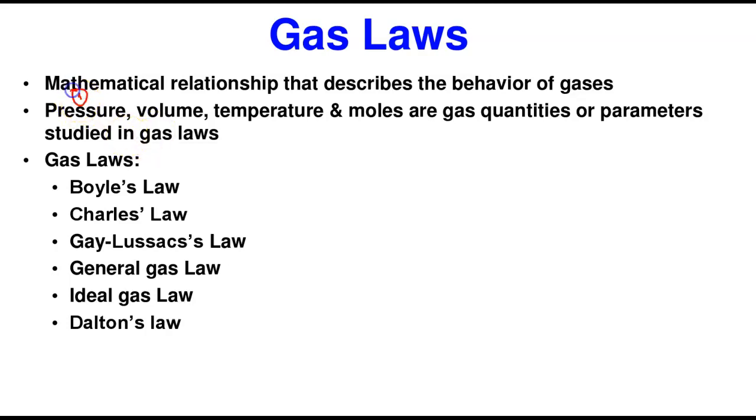Number 1, we're going to talk about gaseous pressure. Gases will always exert pressure when they collide with one another and with the walls of the container. 2, like we said earlier, gases will always occupy the volume of the container in which they are. A gas has to exist at a particular temperature, and of course, a gas will have a particular quantity, and that quantity can easily be measured in the amount or moles of that gas. So these are the 4 parameters that we're going to use in studying gas laws.